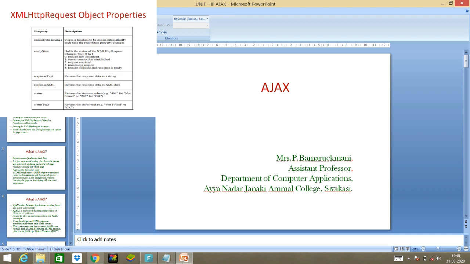Here the readyState has 5 states. 0 indicates request not initialized. If it is 1, the server connection is established, that is, the client-server connection is established. If the readyState is 2, the request is received by the server. The readyState 3 means the server is processing the request. If the readyState is 4, the request is finished and the response is ready. So when the readyState is 4, the client can receive the response